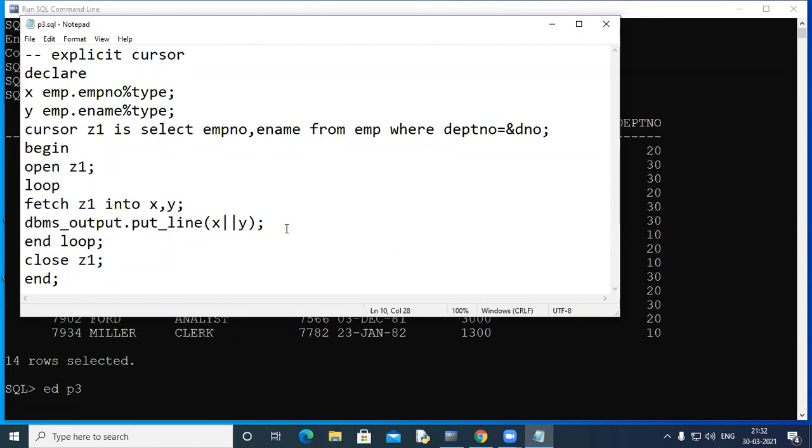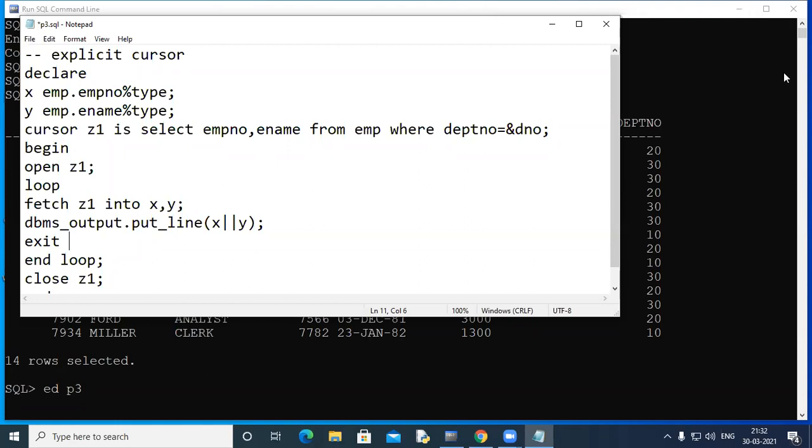Okay. So what we can do here is we can use an exit condition. Now, normally we exit a loop when we have processed a loop 10 times, 20 times, but we are not aware how many rows are there in the select statement with which the cursor Z1 is associated. Now, this explicit cursor has certain attributes. There are 4 explicit cursor attributes. Okay.